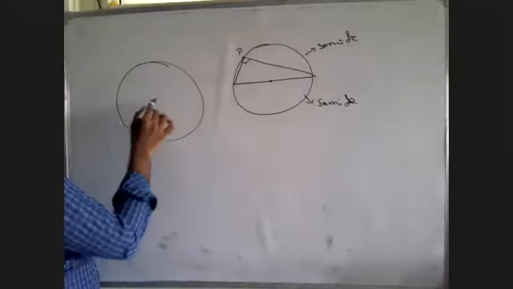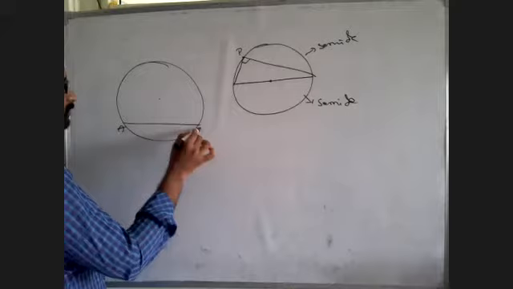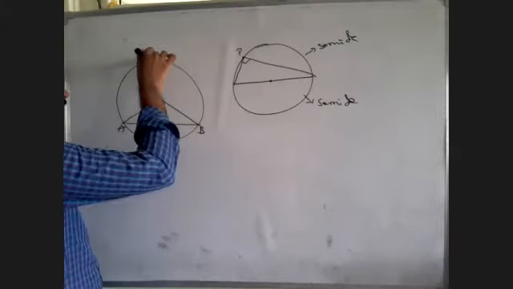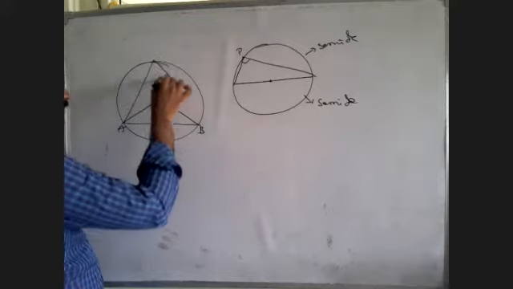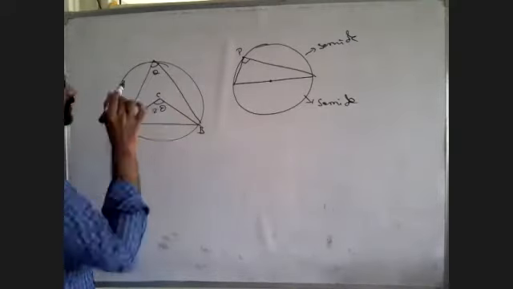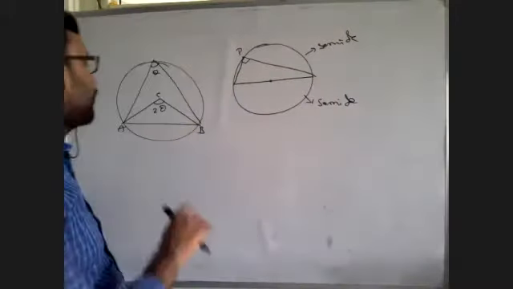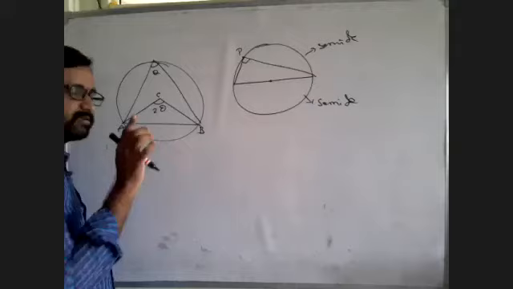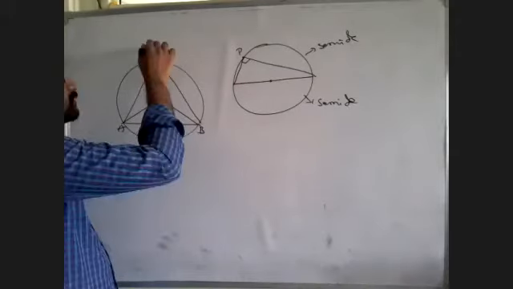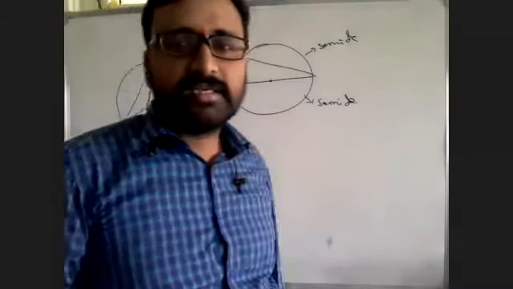this is a circle and this is the center, this is a chord. AB is a chord. And if you join AB with the center, you will get a triangle. And if you take any point on the circle, then you will get a triangle like this. If this is theta, this will be 2 theta, 2 times the angle you will get. If this is 30, this will be 60. Remember this. The angle which is made with the center is double the angle made at a point P on the circle.